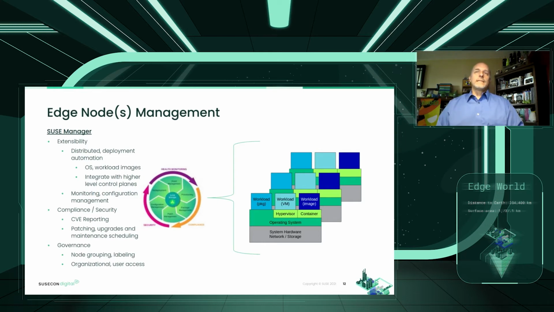Finally, the last aspect is around the governance. And kind of like I've hinted at with this, you can label nodes and group nodes. You can say that, hey, this is a minimal edge computing device and it's in this group. So always treat it this way and always treat all of its peers the same way. So that could be as simple as I want this workload to be on that peer group all the time. Okay. And you do that with the labeling and whatnot, but you can also do it from the other aspect as well, the other end of the